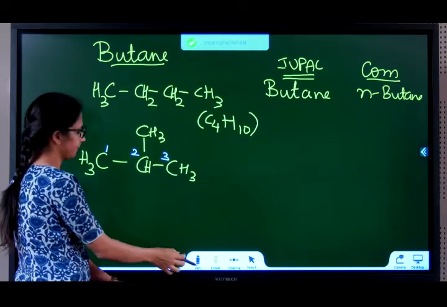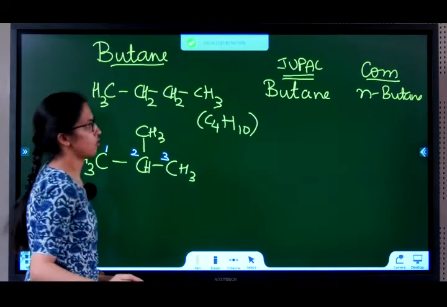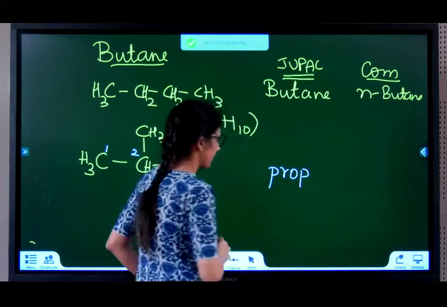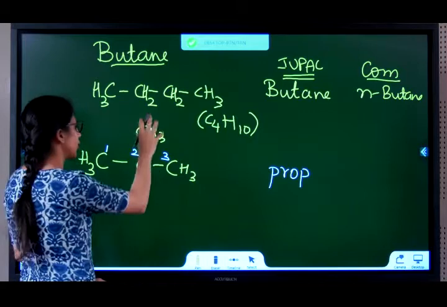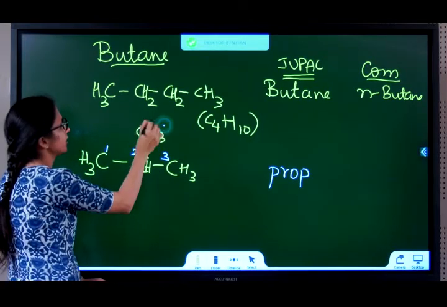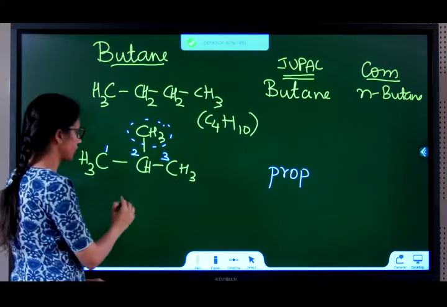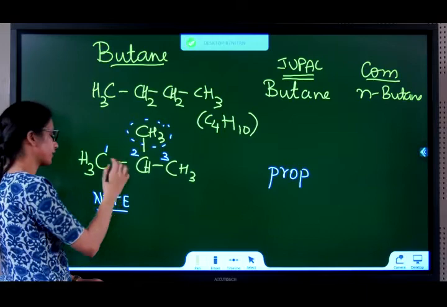I am selecting the above one. Here, if you observe, there are 3 carbons in the long chain, so it becomes prop because it has 3. All are single bonds. What about this group here? What does this mean? Okay. Before I teach you the naming of this, all of you will have to put a note. Put a note below that and we'll write it down on top.